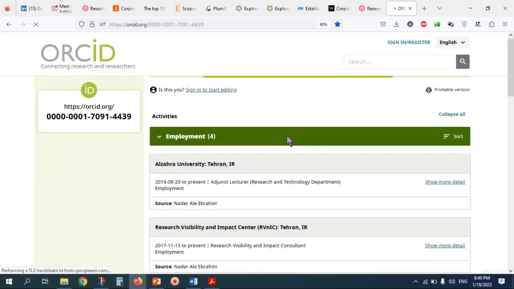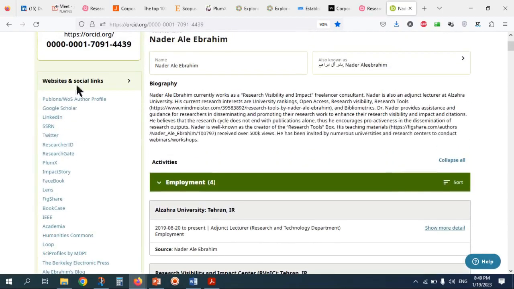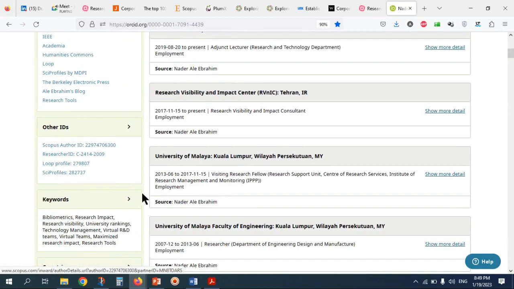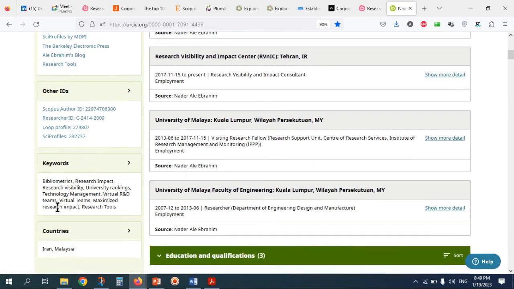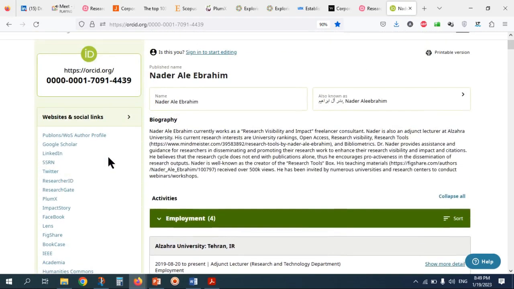You have to add your short biography, the website where your papers appear on the left-hand side, the keywords you are working on, and the other IDs. Also mention your other names, your mother tongue name, or alternatives of your name. You should add them here as well.